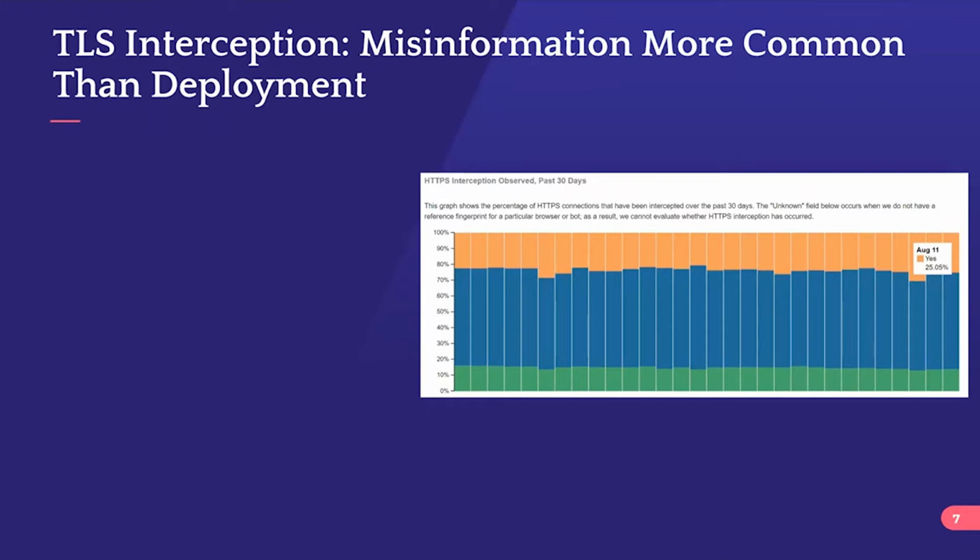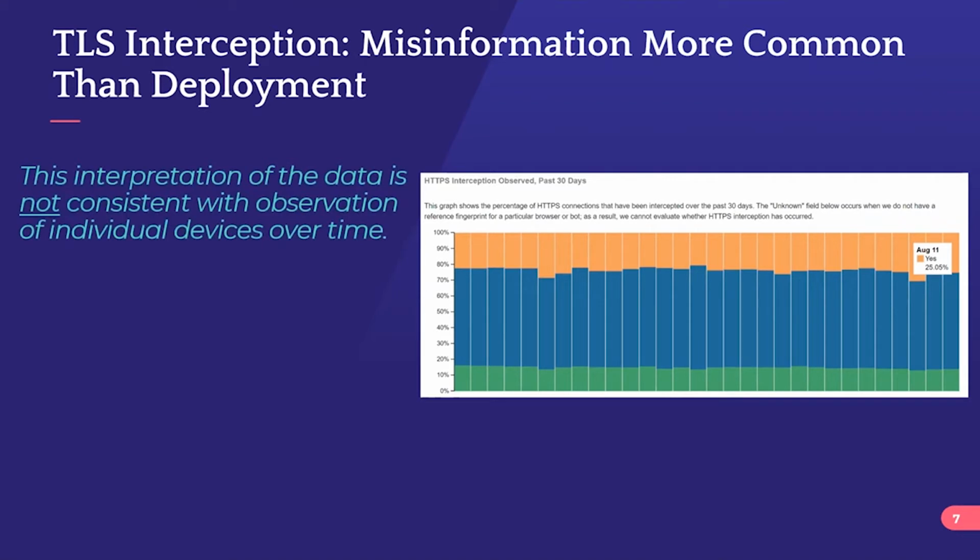And the type of graphs that we see referenced to make those cases are like this one that we have from Cloudflare. What this graph is trying to tell us is that for any given day, and here we see August 11th, 25% of the traffic that Cloudflare received was intercepted and decrypted before they received it, right? Which seems to make the case, wow, that is stunningly common. That is a huge percentage of organizations, and a quarter of internet traffic. It takes a stunning number of organizations to be able to do that if Cloudflare sees those types of numbers.